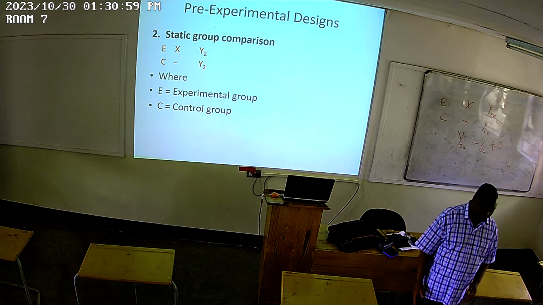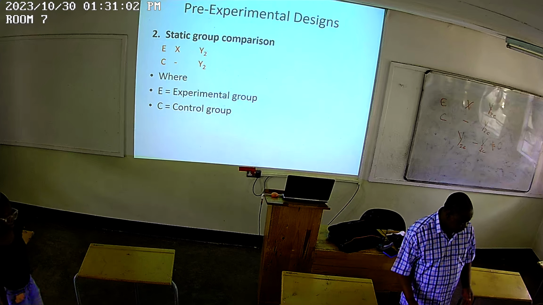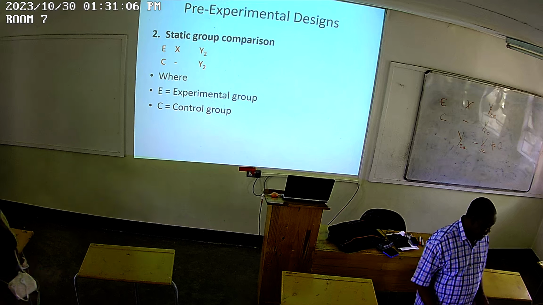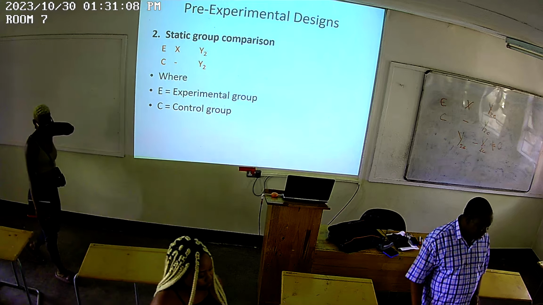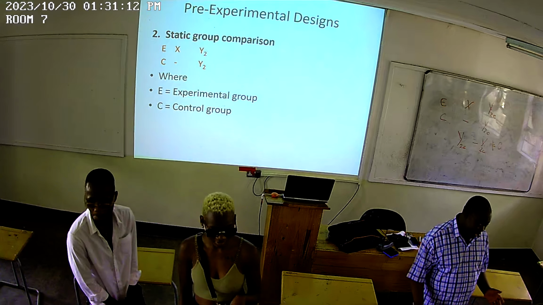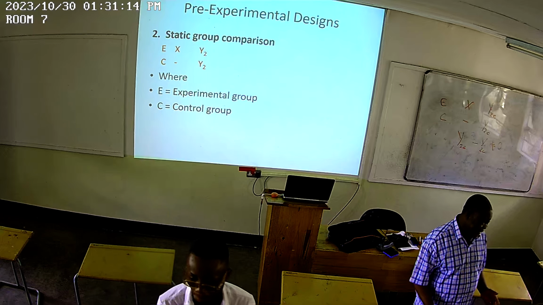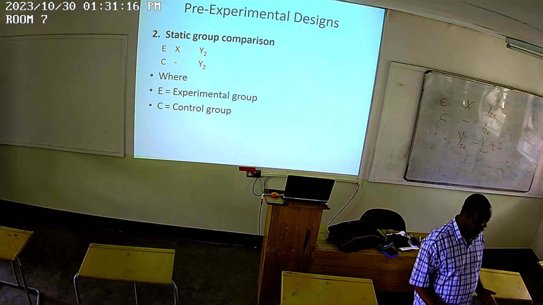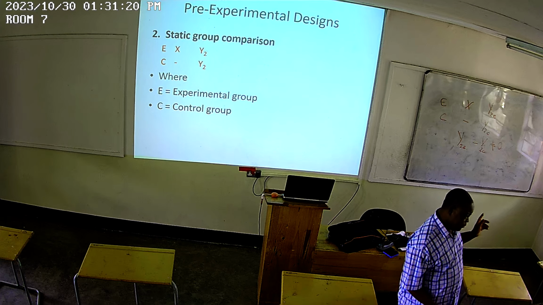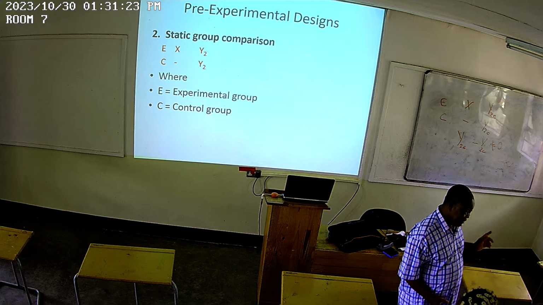If Y2E was 4 and Y2C was 4, then Y2E minus Y2C is equal to 0. But if Y2E was 6 and Y2C was 3, then Y2E minus Y2C